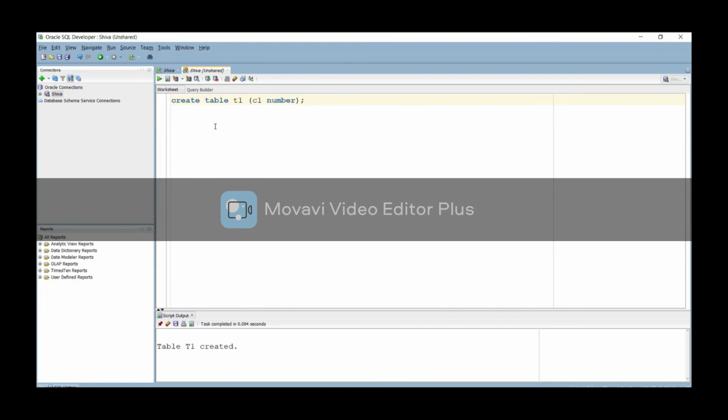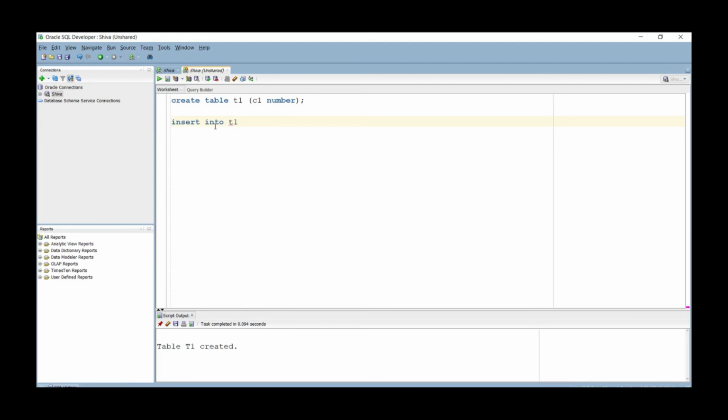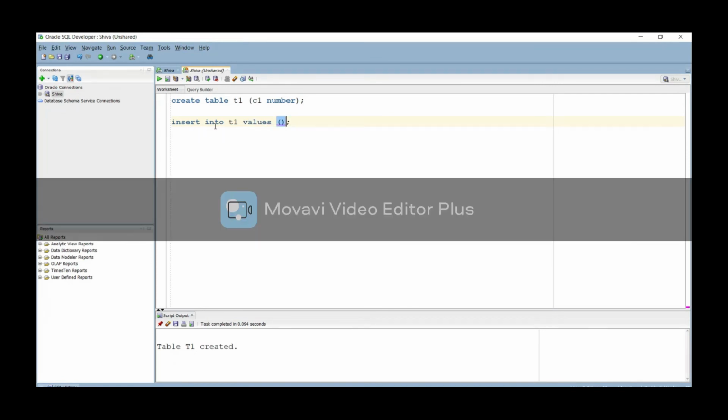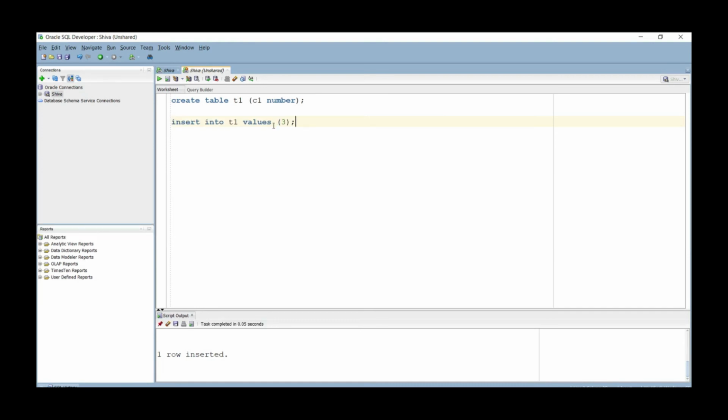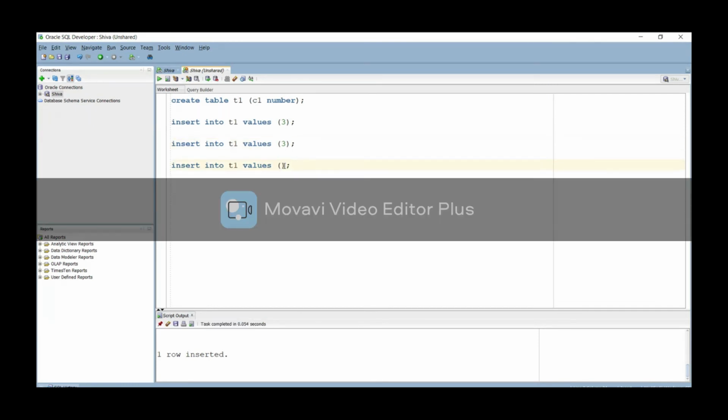So I am going to insert the values here into T1, 3, and inserted the 4.